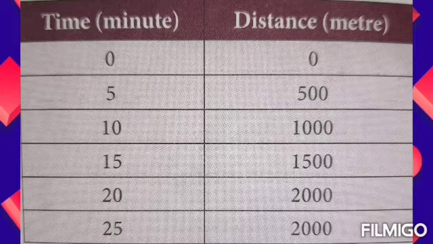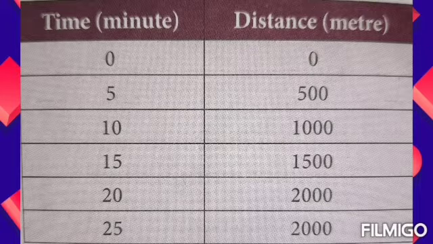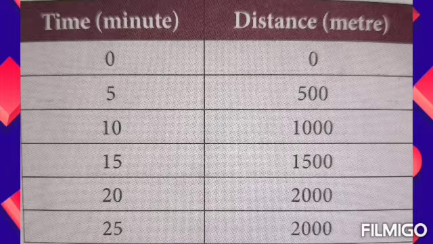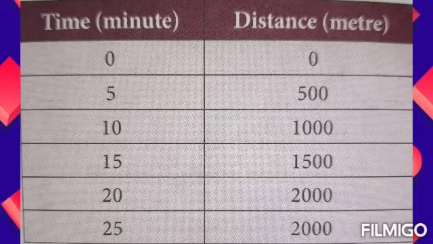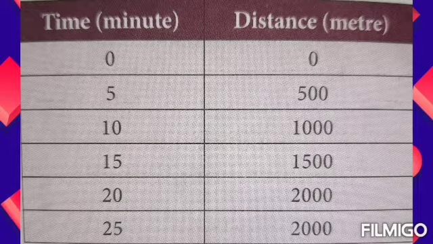So here, equal distance in equal intervals of time. For that we can draw a graph. Now how should we draw the graph? Here x-axis, y-axis. You know mathematics, you have learned graphs. X-axis is taken as time and y-axis is taken as distance.